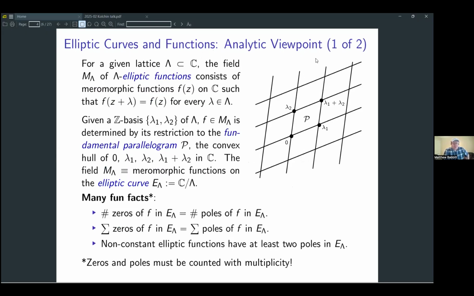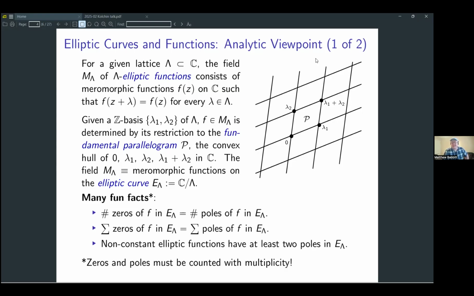Okay, so I'm sure that all of you are very familiar with elliptic curves, but just to give a brief whirlwind introduction, from two different viewpoints, we're going to be handling the analytic viewpoint as well as a more algebraic one later on. From complex analysis, if you have a two-dimensional lattice lambda in the complex plane,